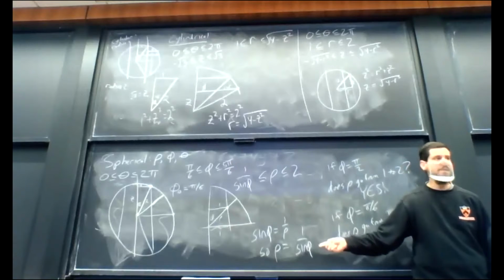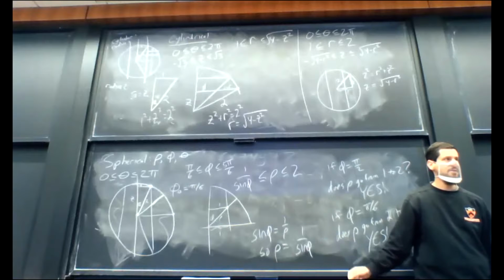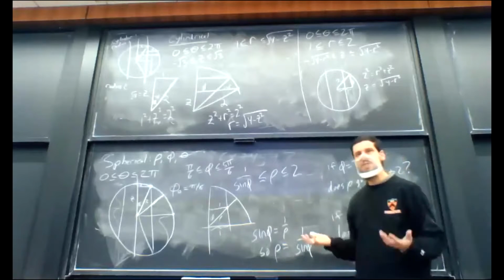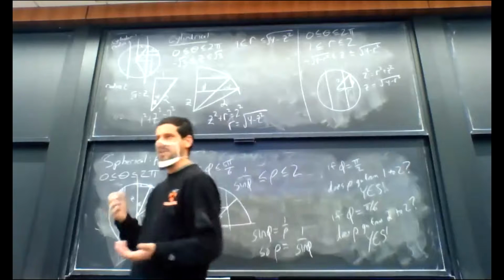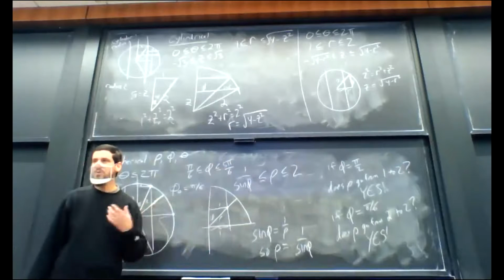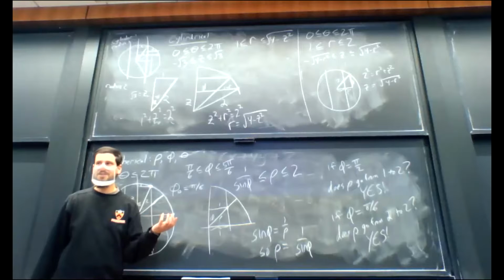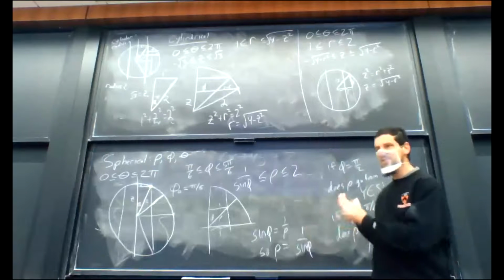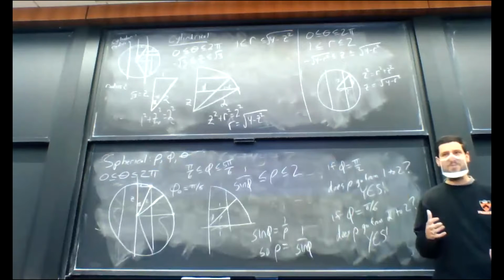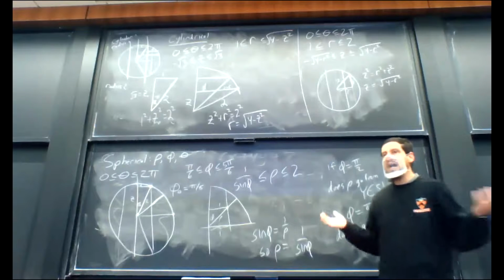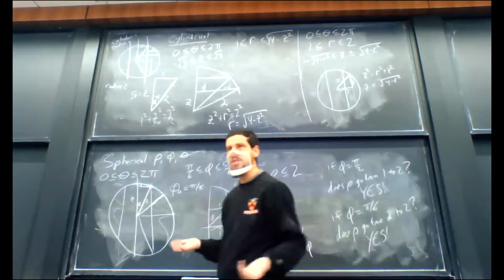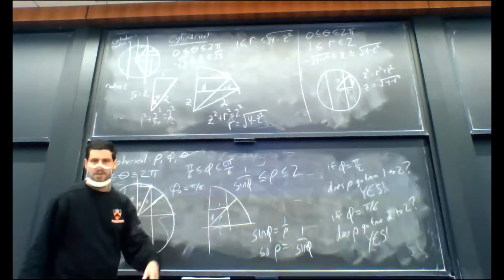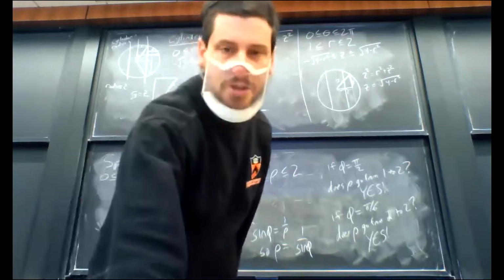Instead of writing 1 over sine phi, what should I write? Oh, I could do cosecant. If I see cosecant, what do I immediately do in my mind? I convert it to 1 over sine. I see no point in converting to cosecant if I'm going to then immediately in my mind convert back to 1 over sine. So I don't really process secant and cosecant well. I process sine and cosine well. I'm going to leave it like that. This is a good place to stop. Have a good